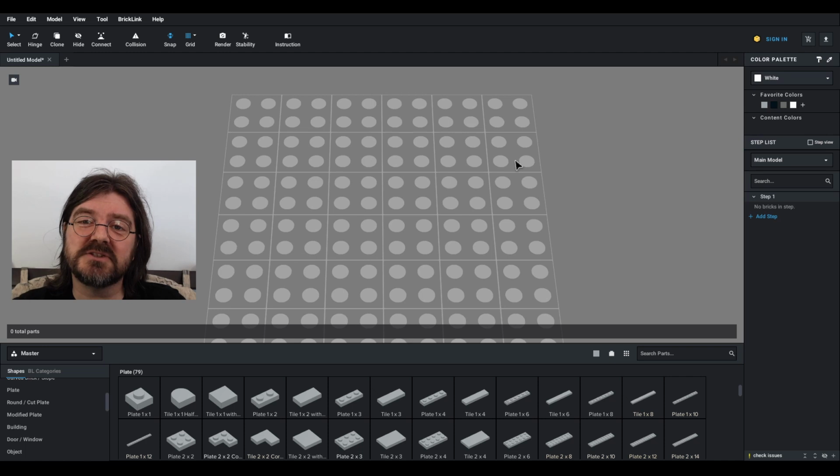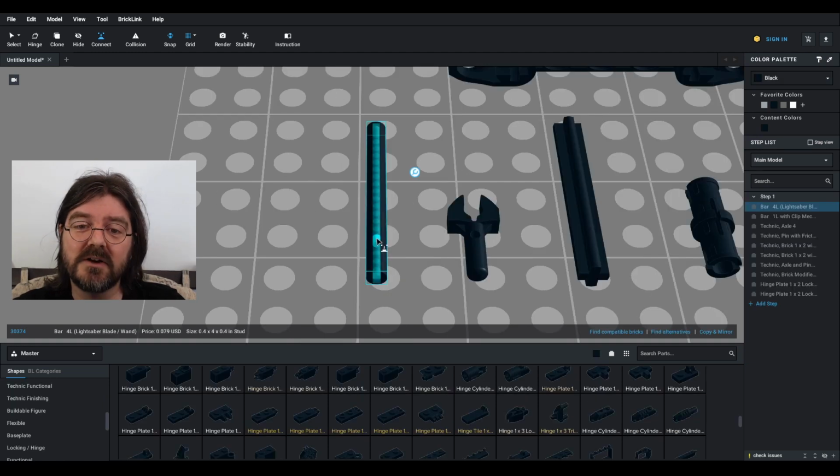Okay, so I talked about using the connection tool on rods, axles, and other things, so I'm going to show you that now. When we click on a rod with the connect tool, you can see we have a whole bunch of cylinders, and we also have these little squares on the end. So these little cylinders are placed along the shaft, and the squares will fit into a stud hole or into an actual stud depending on what the part is.